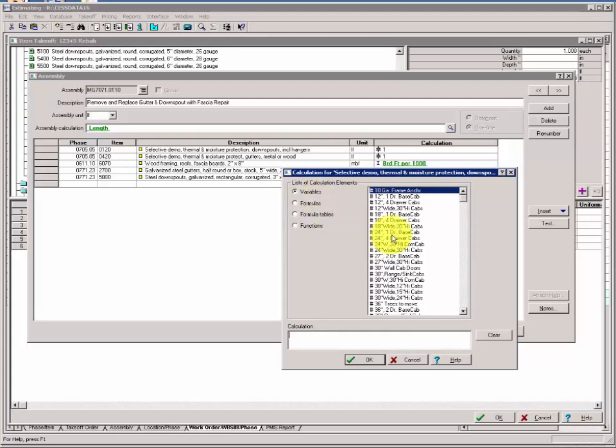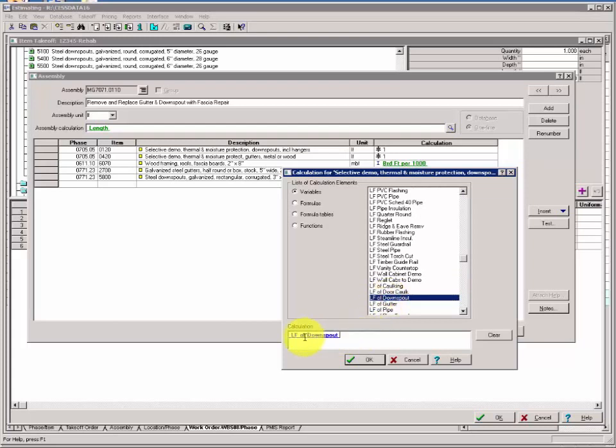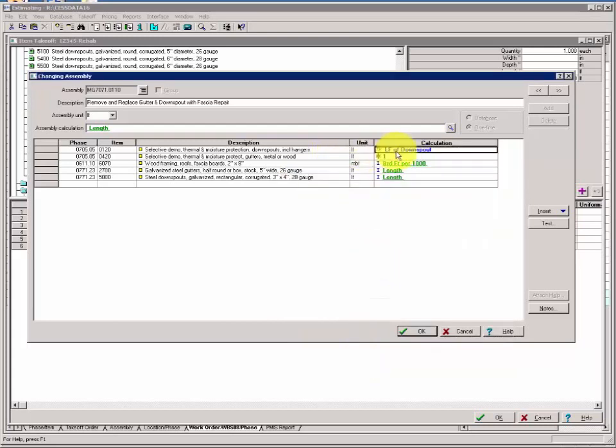foot of downspout. So I'll click in the assembly list and type a capital LF for lineal foot, and then just scroll to lineal foot of downspout. Drag and drop or a double click will put that in there for you. Once you have it there, just click OK, and that drops it in nicely at the end of the row. So your users will see length, they'll put in the length of gutter, then they'll see another variable for length of downspout, and the value from length of downspout will be attached to any row we apply this length of